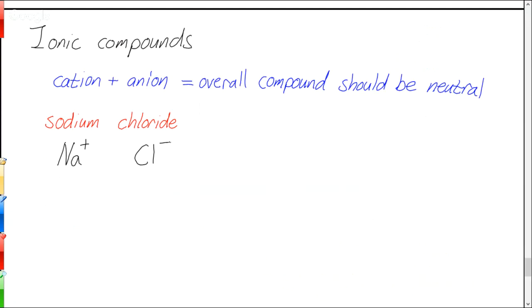So once we've got the 2 charges, we have to put them together in a ratio so that the overall compound is neutral. So there's as much positive charge in that compound as negative. With this one, it's pretty simple. There's just 1 plus from the sodium and 1 minus from the chlorine. So we just put them together like that, and we've got our compound NaCl. Once the compound is together and neutral, we don't write the charges up there anymore. We just write NaCl. All right, so let's look what happens when they don't equal like that.